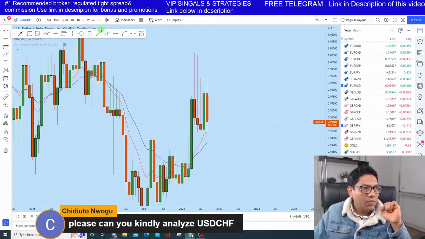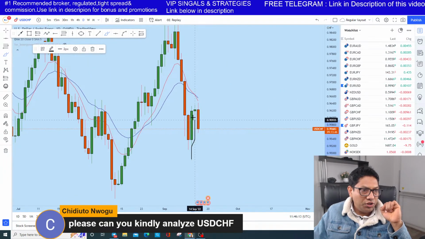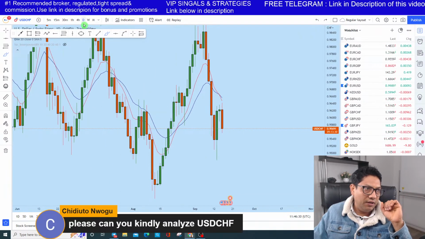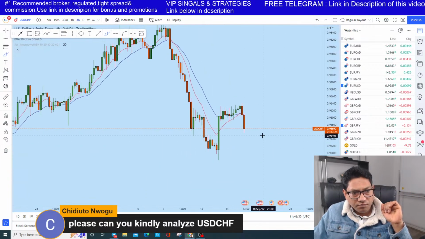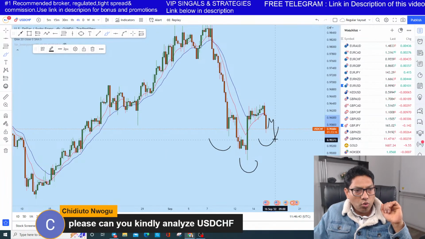On the daily perspective, we have seen there is a bullish engulfing followed by this doji. Now today we have seen a drop. What I think is that either it will move sideways, something like that, or we might see some bullish move, because the dollar looks to me stronger in terms of all currencies. Now USD CHF is coming here, also created a kind of head and shoulders in this lower time frame. From here we could see sideways.